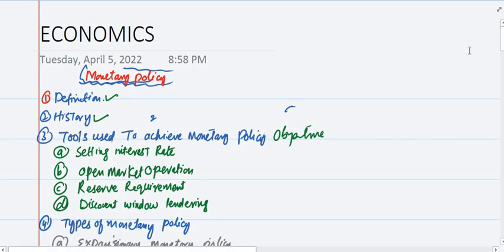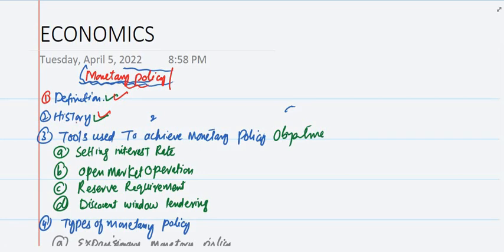Okay, well, we have to discuss a very important concept, and that is called monetary policy. In this lecture, we'll discuss monetary policy. The first thing we will discuss is the definition, that is, what is the definition of monetary policy. Then we will discuss the history, from the ancient civilization to the modern concept of